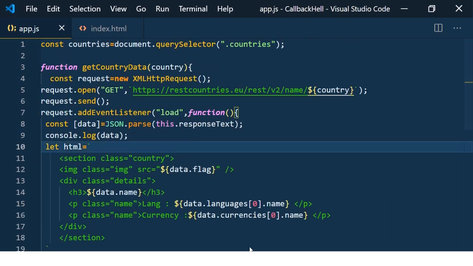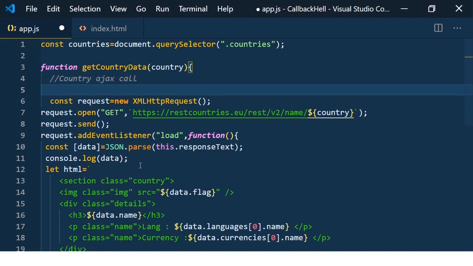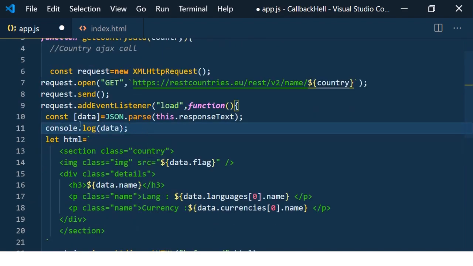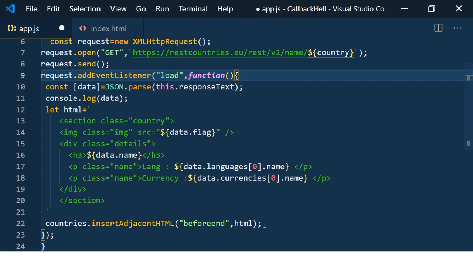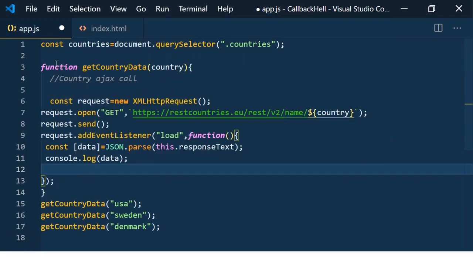So here we are loading the country data by passing the country name. I just name it country Ajax call. And after that, what we are doing here, if we see in the callback function, we are forming the HTML and adding it to the container's element. So what I do, I just separate this HTML forming into another function.